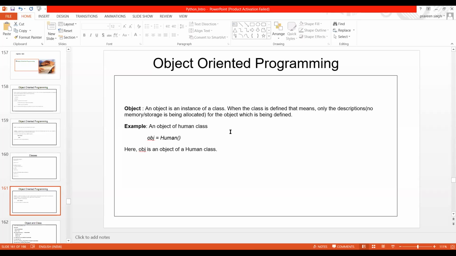When the class is defined, the description for the object is mentioned there. So you create instances of the object, and all the description for the particular object is already defined in the class.